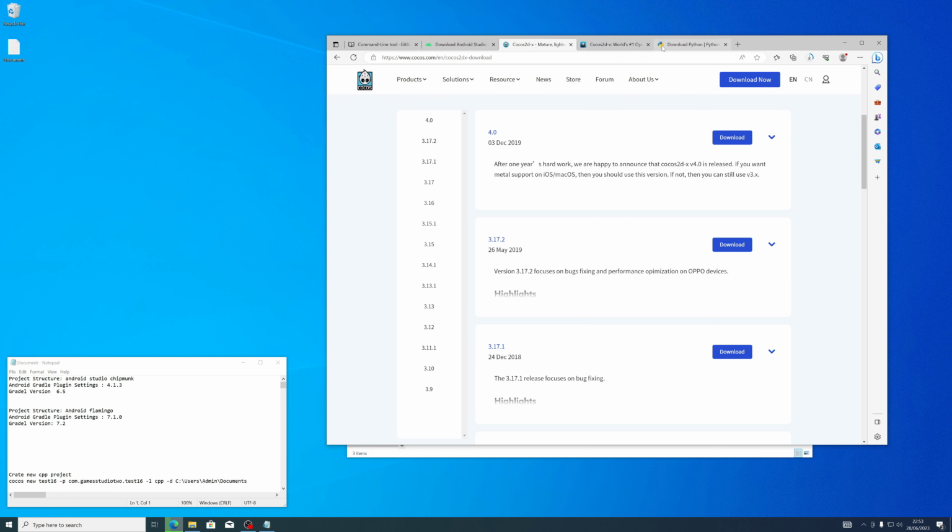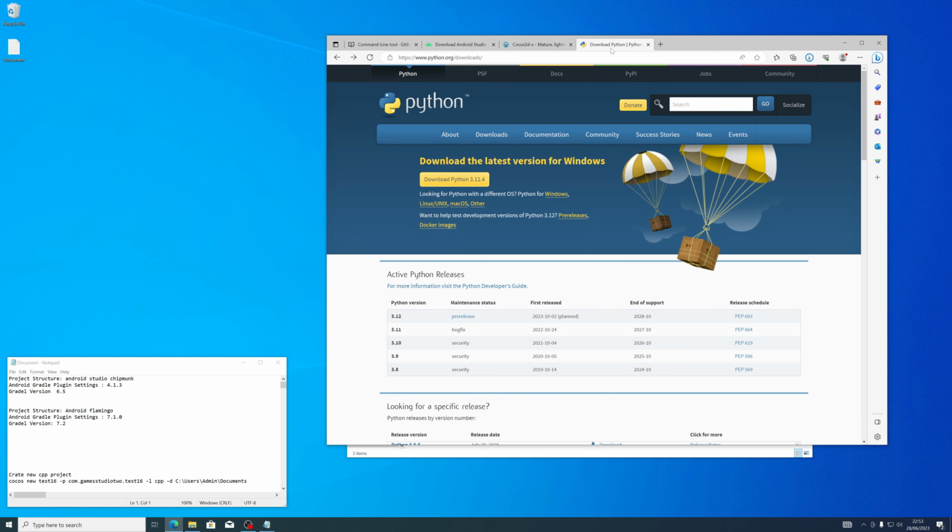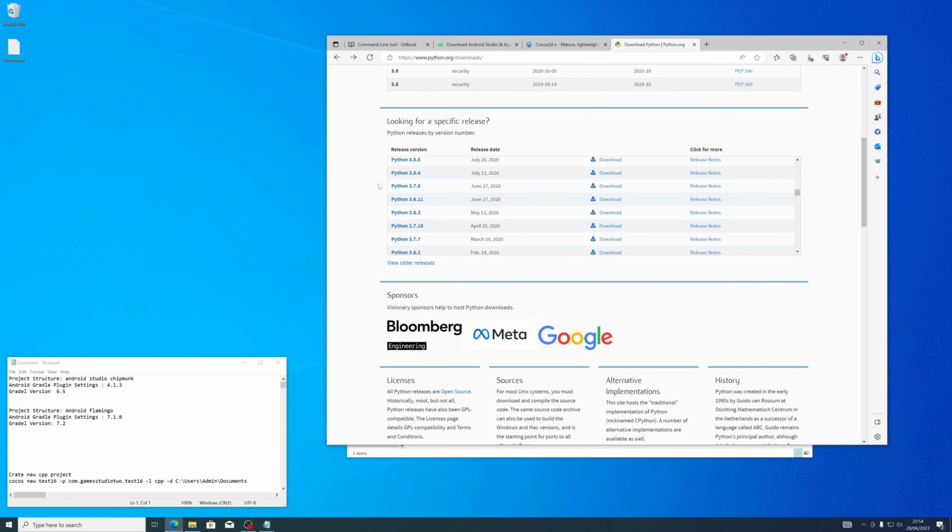So those are down. And the last part which we're going to come to is we want Python now to install our scripting for Cocos2dx. Now, when you reach the Python page here, please don't just download the version 3, as version 3 is incompatible with some of the scripting for Cocos2dx. We want the latest version of Python, version 2, sorry, of Python, which I believe is the 2